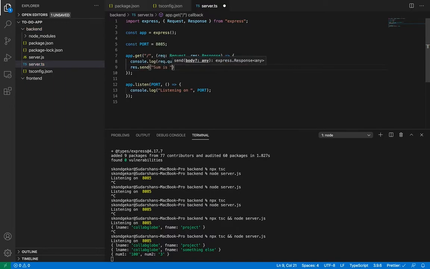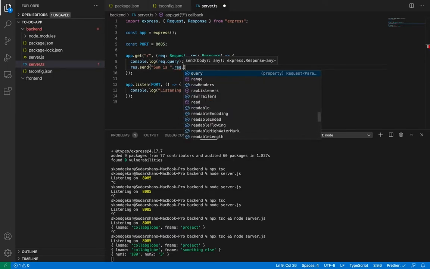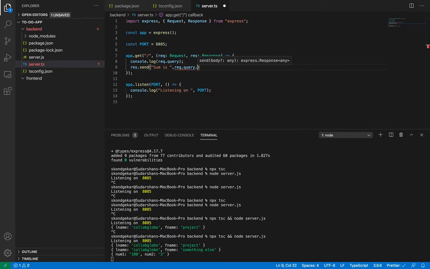Sum is request dot query dot num1 and plus request dot query dot num2.